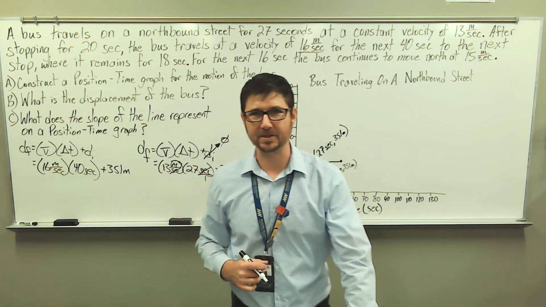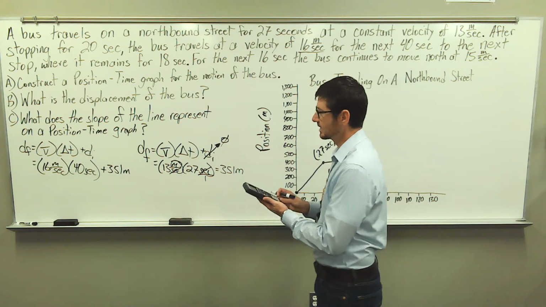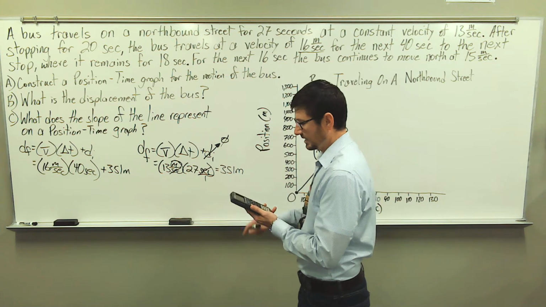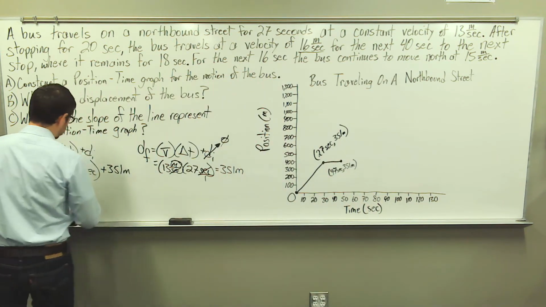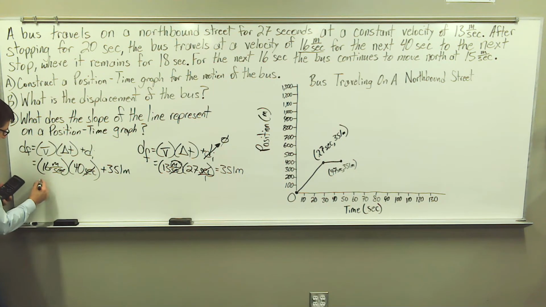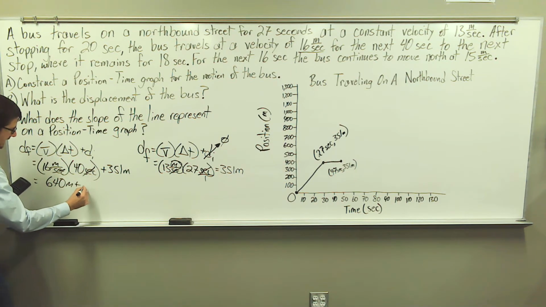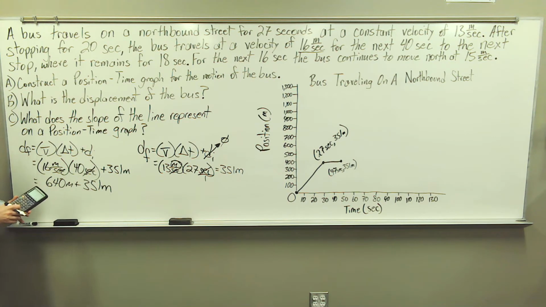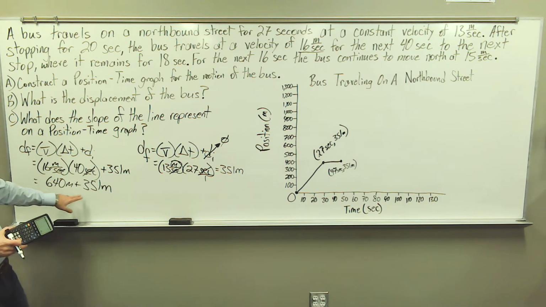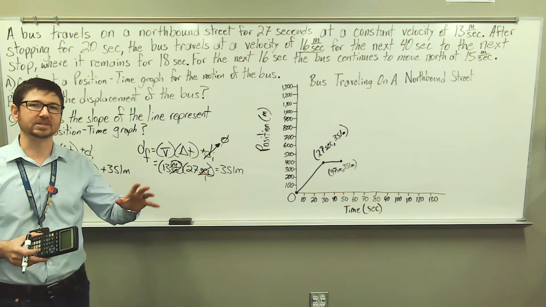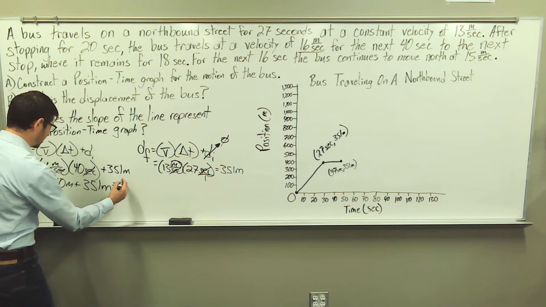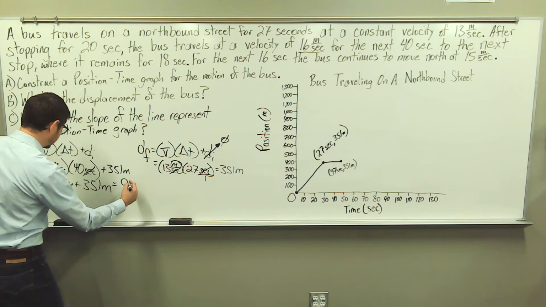So let's grab our calculator again. 16 times 40 is 640. So once again, our units of seconds cancel. So I have 640 meters plus 351 meters. And we can add both of these values since they have the same units of meters. So this is going to be 991